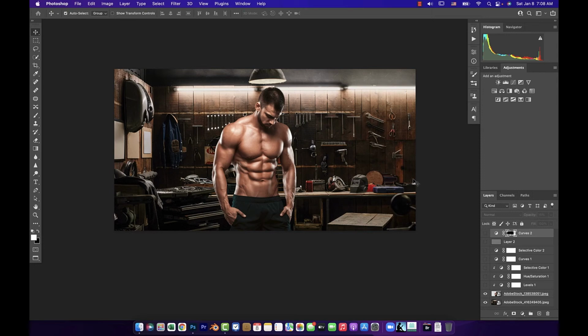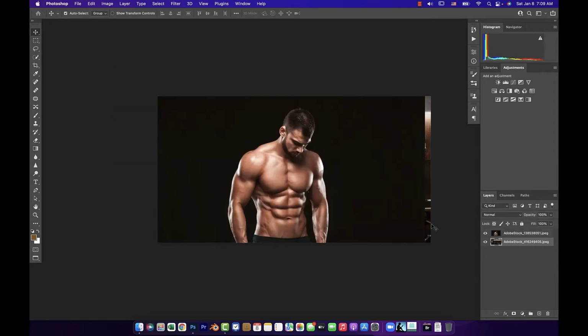Hey guys, today we're going to learn how to do basic photo compositing. We're going to learn the 6 steps that you require to follow for any compositing that you want to do. We're going to go from this to this. Let's get started. Okay, here I opened the 2 images that I want to work on, the bodybuilder and the